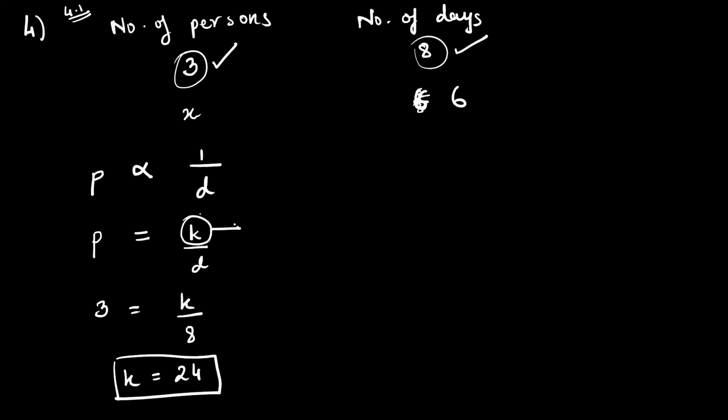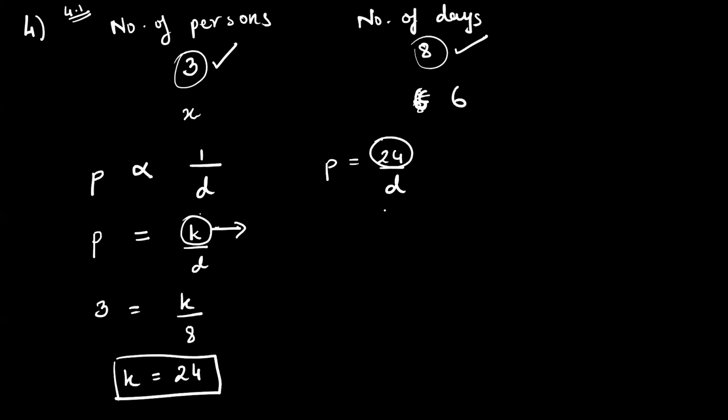The reason we call this constant is because the constant का value will remain 24 throughout the sum. आप कोई भी value इधर डालो, this will remain same. After that, what we used to do was we used to write P is equal to 24 upon D. अब K के जगह पे 24 लिख दिया. And अभी कोई भी एक value दिया रहेगा, हम लोग दूसरा ढूंढ सकते हैं.